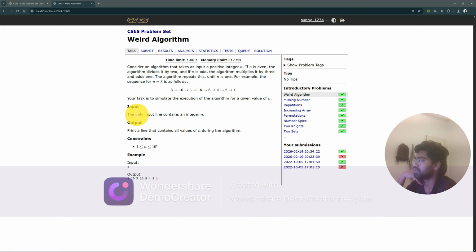Okay, so the only input line contains an integer n, and the output will be a single line containing all values of n during the algorithm. The constraint is that n is at most 10 to the power 6 and the minimum is 1. Okay, so let's understand the problem